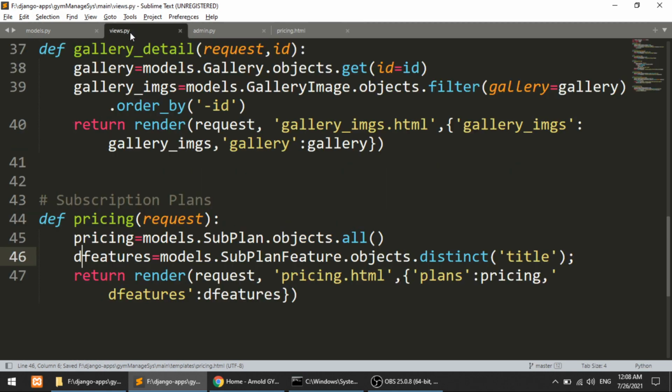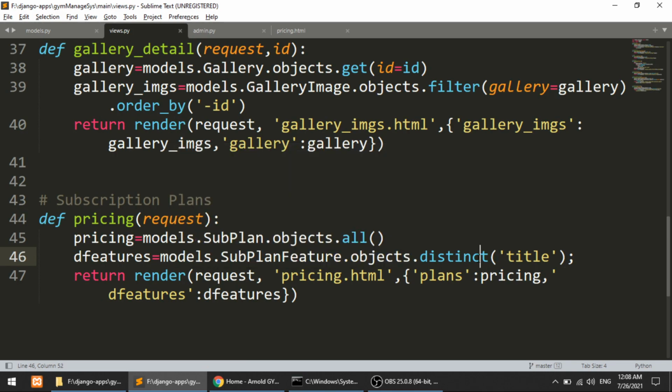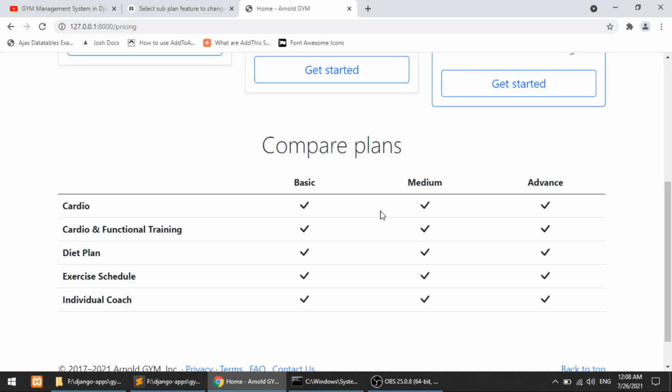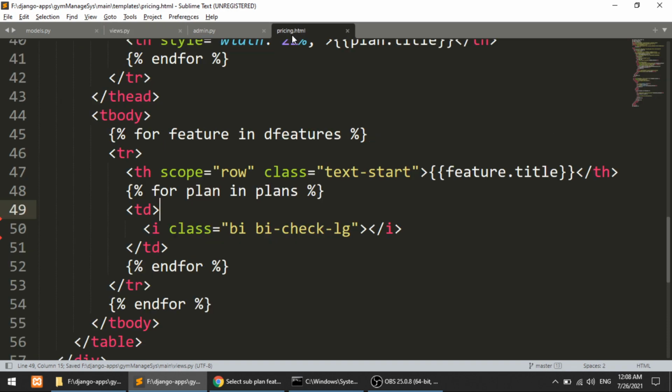First of all I will go to the views, and here we don't need the distinct data, we just need the sub features because we have already added the sub features a single time. So I will remove this and add all. Here it will be all, and the features, fine. So pricing, the features, and the four plans.